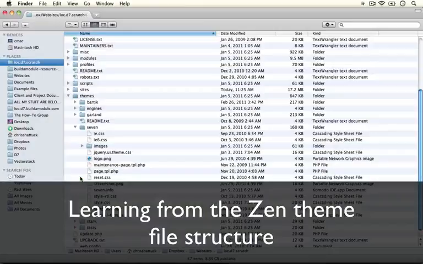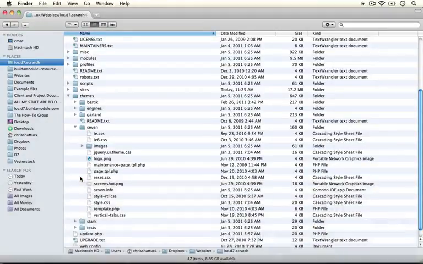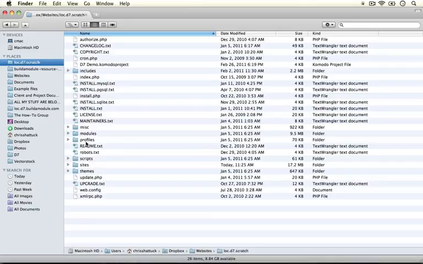Okay, next let's take a look at several popular contributed themes and how they structure files in their theme folder. I'm going to go ahead and minimize the themes folder here. I've already downloaded the themes that we're about to look at, but if you wanted to follow along, you can just go to the main themes page on Drupal.org, and all of these themes can be found on the first